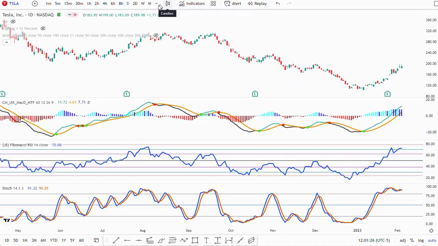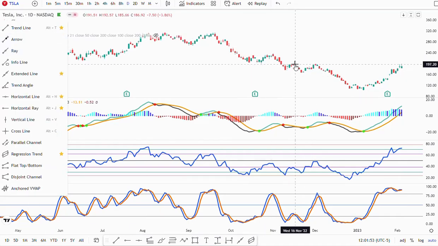So this is a daily chart of Tesla. You can see that it had a brutal sell-off from September timeframe to end of December. But from the beginning of this year, it started to form a base and then move higher. So what you see happen is that Tesla has now recovered 100% of this decline. So if I just draw a line right here, you can see that it has now recovered 100%